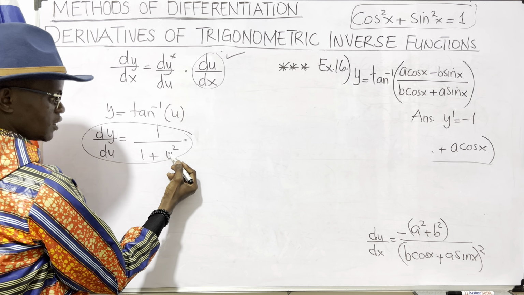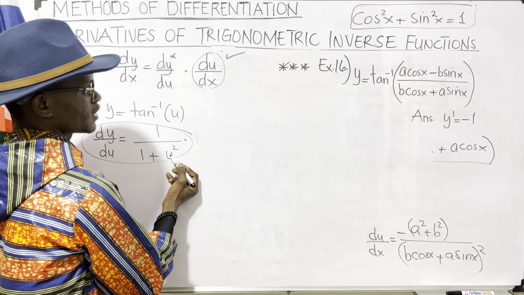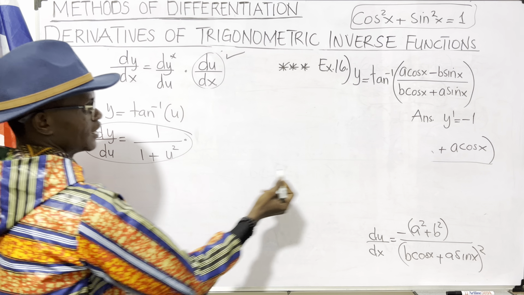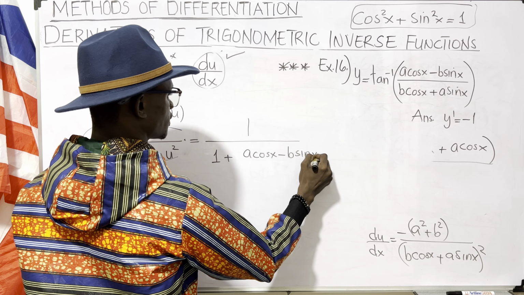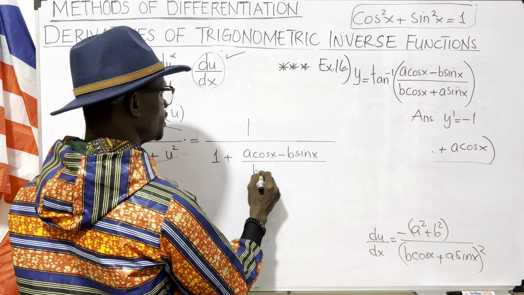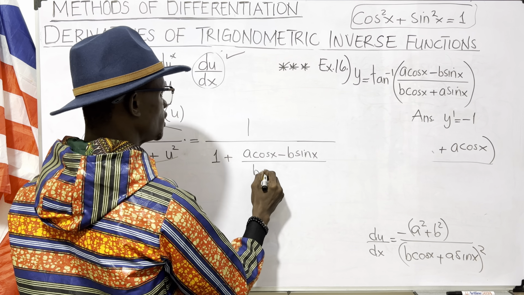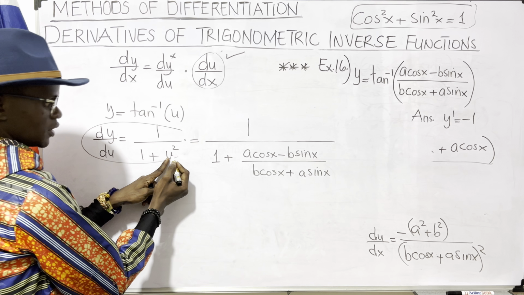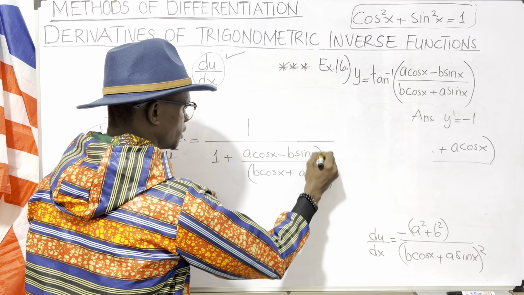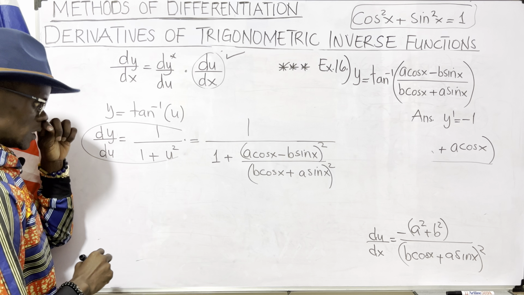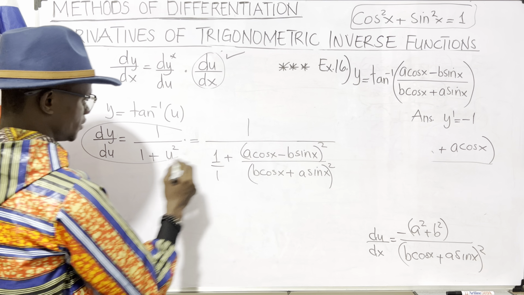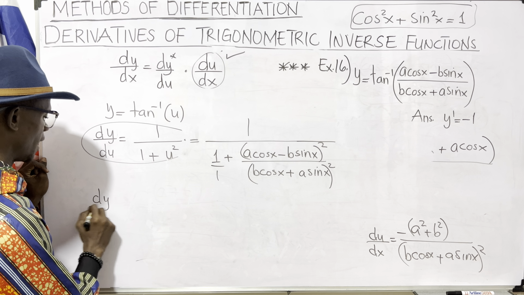But this u, right? This u is this inner portion. So we can replace that. And then we will have a cos of x minus b sine of x all over b cos of x plus a sine of x. So because it is squared, we can square both the numerator and the denominator. So we simplify this further. So we have dy by du is equal to,